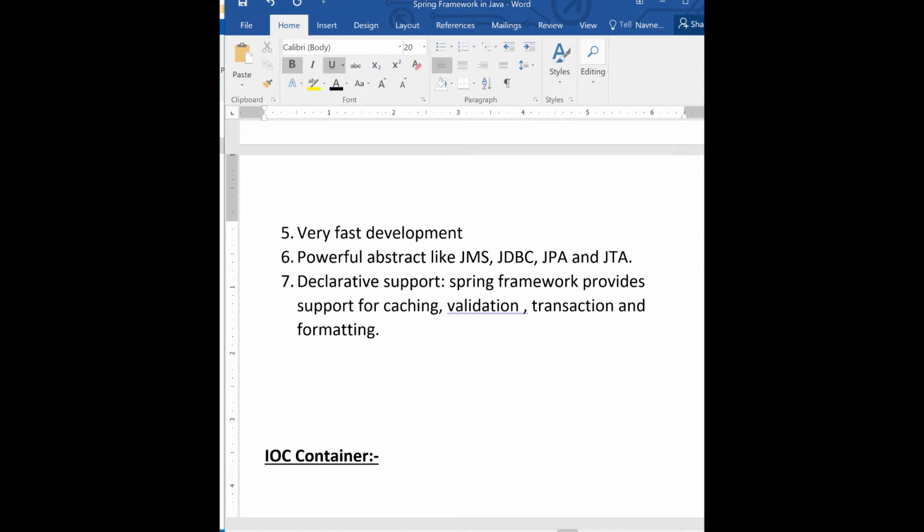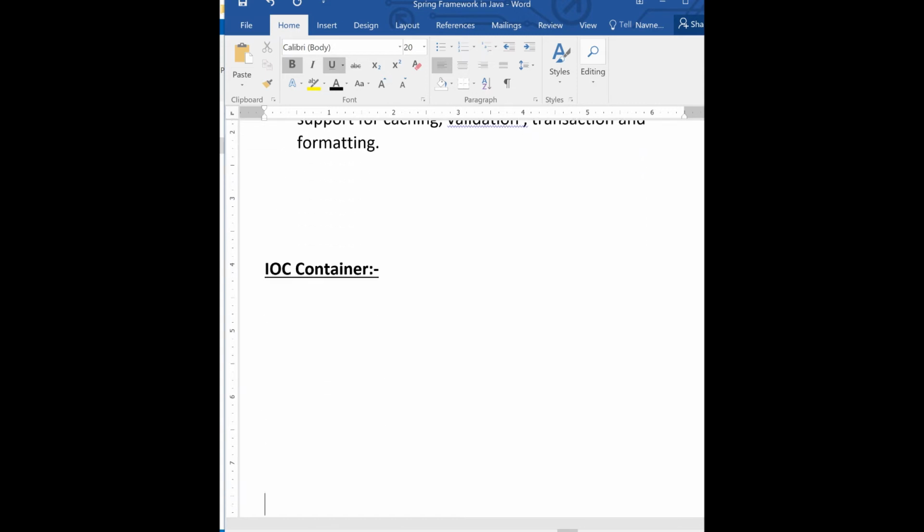Why are we doing that? Because if we are changing one class to another class, what will happen? You have to change a lot of code from scratch, so we will spend a lot of time on development to maintain the application. You have to remember these things while working with a Java application. So we should go with the one and only framework, that is the Spring framework.